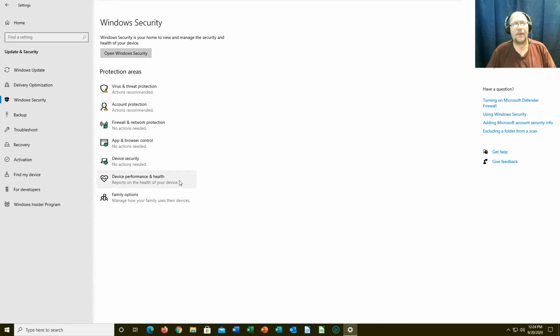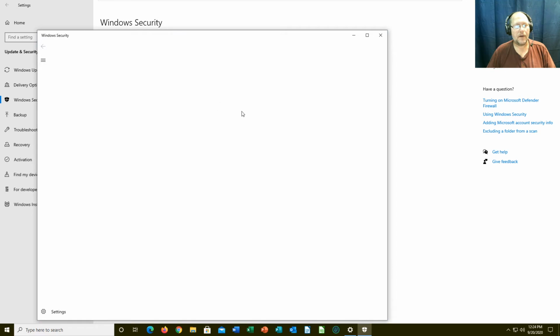So this comes built into your Windows 10. You don't need additional if you feel comfortable having it. There are wonderful programs out there like Malwarebytes, CCleaner. Not a fan of CCleaner, but it does what it's designed to do. Some of the other ones is Super Anti-Spyware. All are great programs. So let's go into this, open your Windows Security,